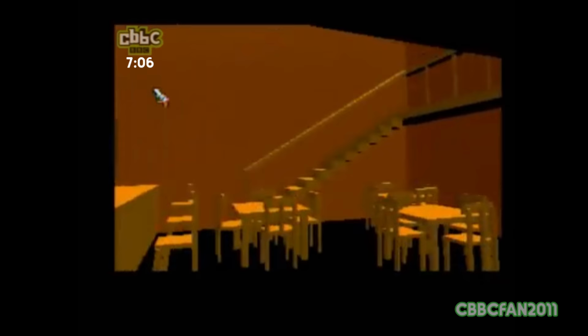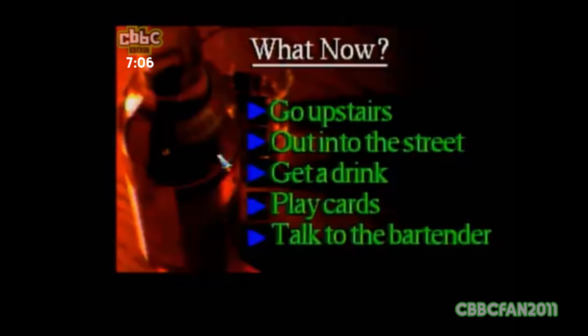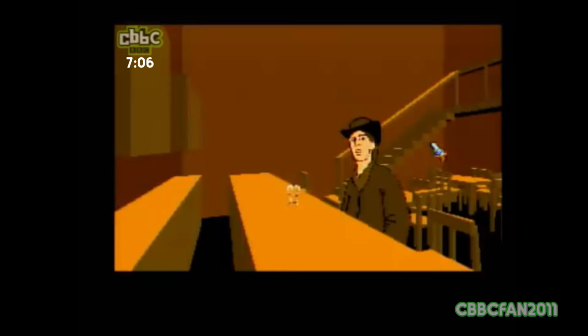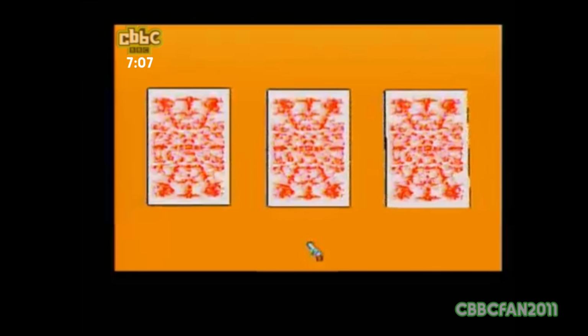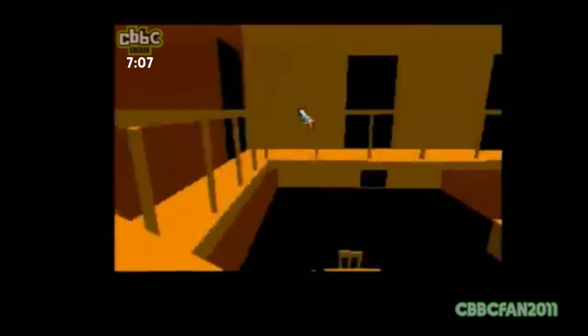Another ear-splitting hit from the jester. So in the saloon, you get a drink, if you can catch it. You can also play this shitty card game. It's just 3-card Monty, but you can't get out of it until you played 3 whole games of it, and it goes on forever. You can also go upstairs and check out the rooms.